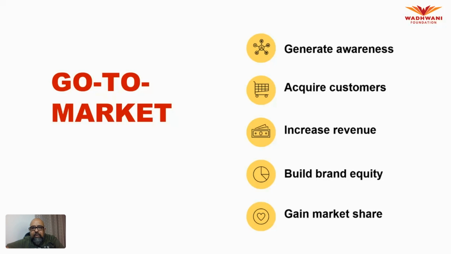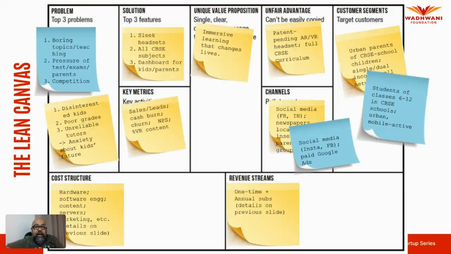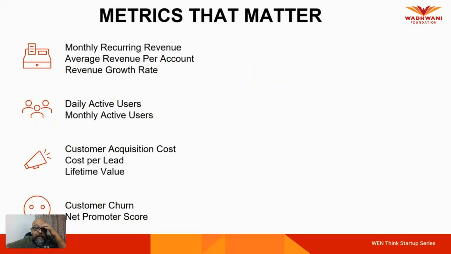Okay, so now that we have this, let's go back. Out here, why I'm showing you this screen once again is because at the end of the lean canvas, the ninth block is key metrics. This exercise starts from key metrics. So what are the key metrics that we saw? Monthly recurring revenue, monthly average revenue per account, revenue growth rate, daily active users, monthly active users, CAC or customer acquisition cost, cost per lead, and so on. We saw this last time, so I just wanted to jog your memory, and that's why I'm showing you the same screen.